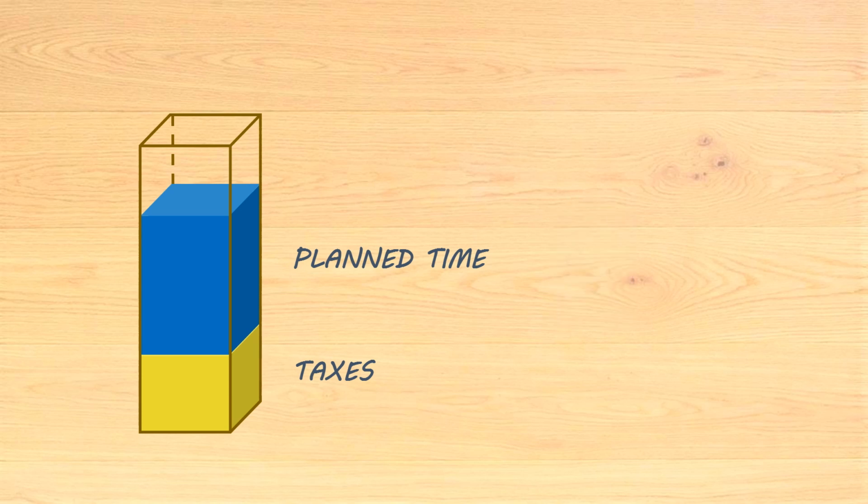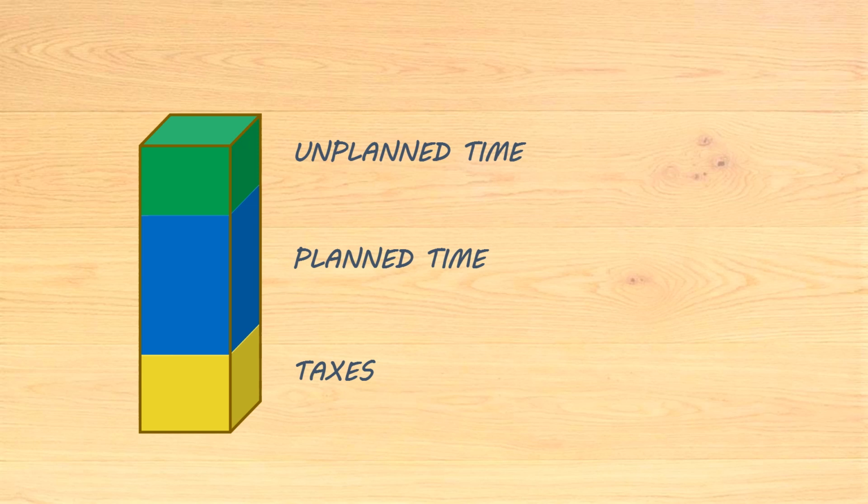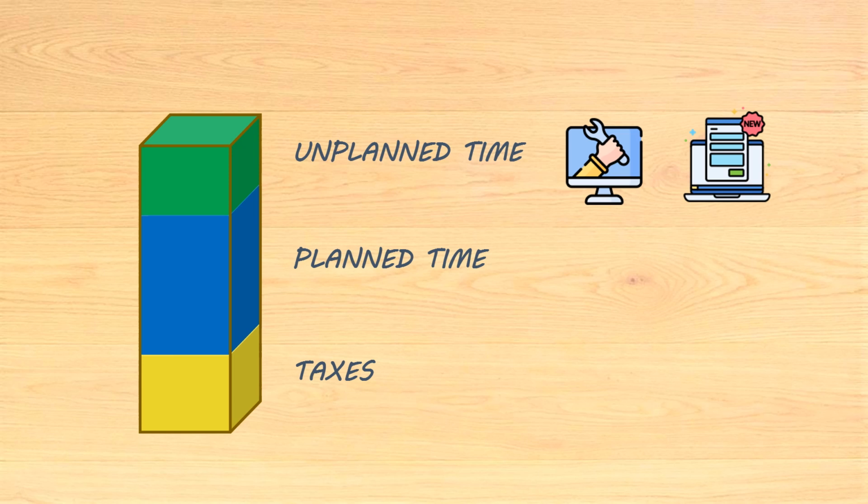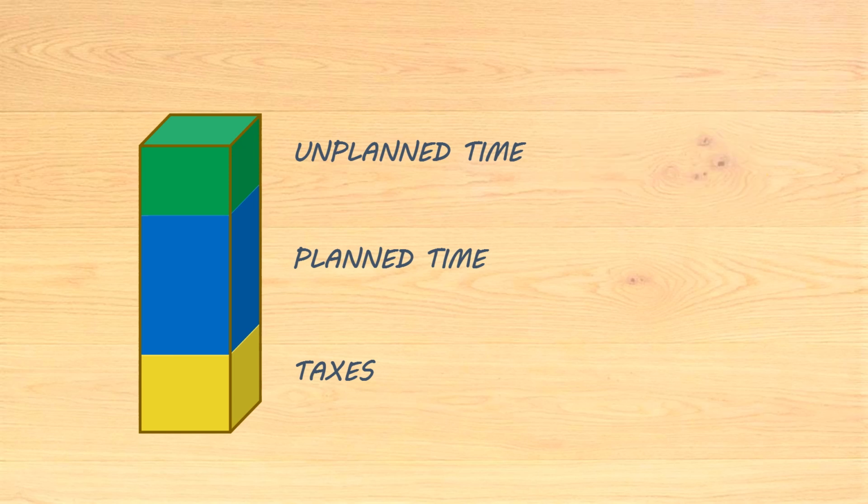The last element is the unplanned time. Every iteration has its own share of surprises, and the unplanned time is there to cope with that. This is obvious when the team is providing support to a released product and developing new features in parallel. The best example of using unplanned time is during the immediate resolution of bugs, the ones that cannot be left